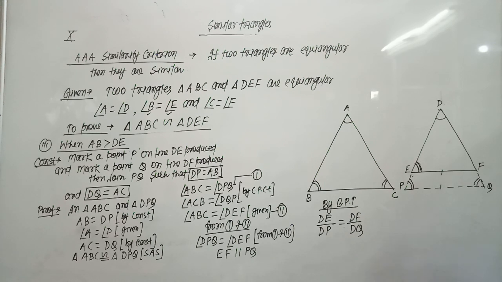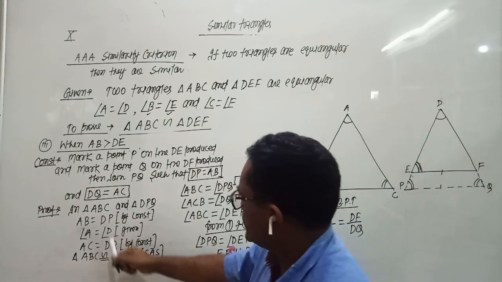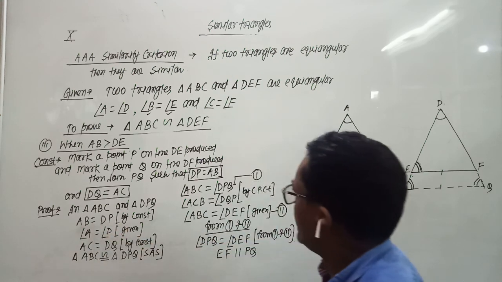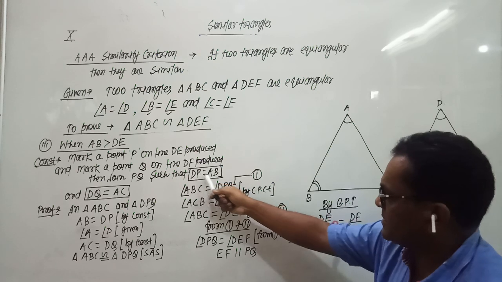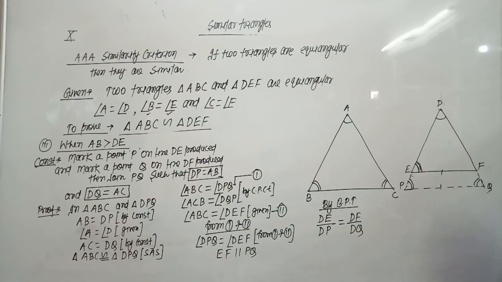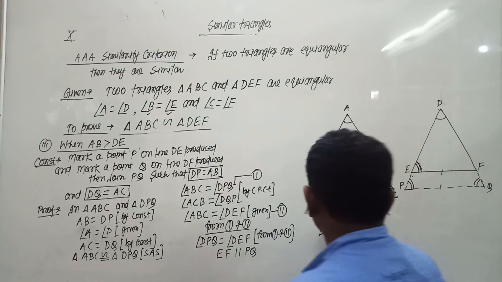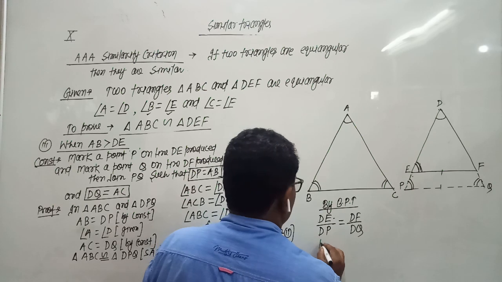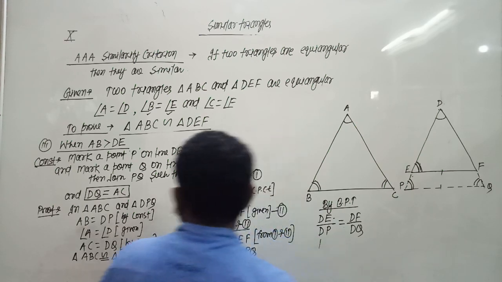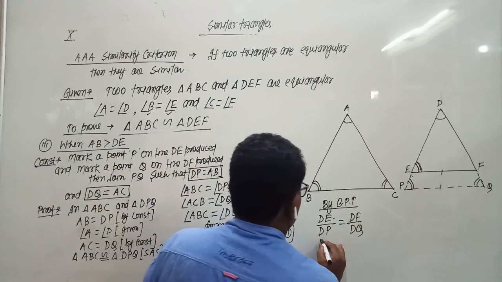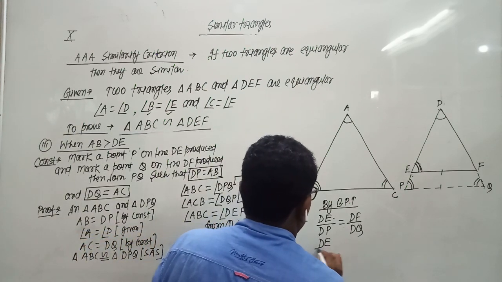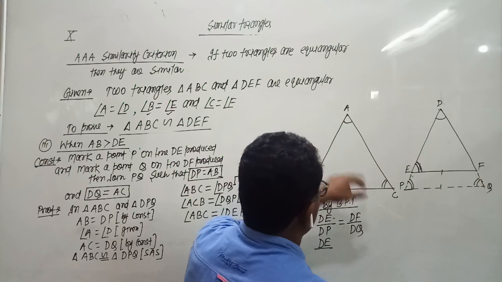But we have taken that side DP equals AB. By construction, DP is equal to AB. So at the place of DE, we can write DP, and at the place of DP, we can write AB. So we get DE upon AB